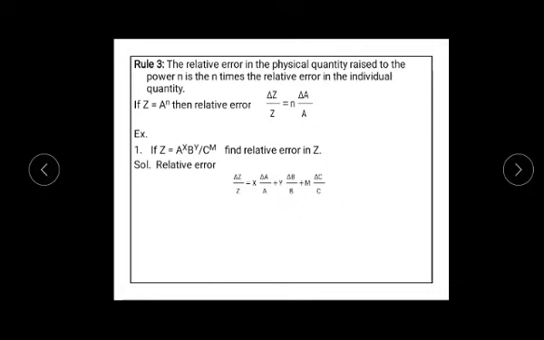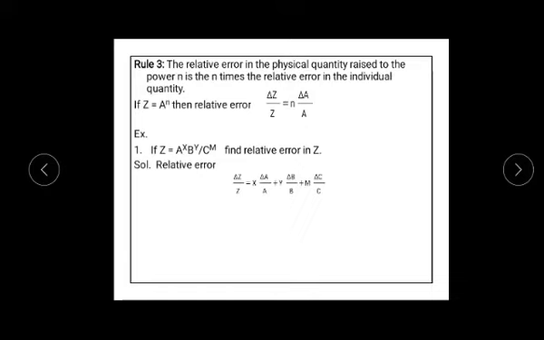Fine? Then divided by, whether you are multiplying or dividing, you have to take plus only. So plus, C raised to m you have to take now. C raised to m can be written as m into delta c divided by c. Say one more term is there, d raised to, say for example n. Then you have to continue, plus n into delta d divided by d. Like this you have to continue.